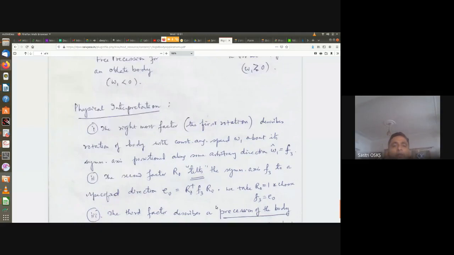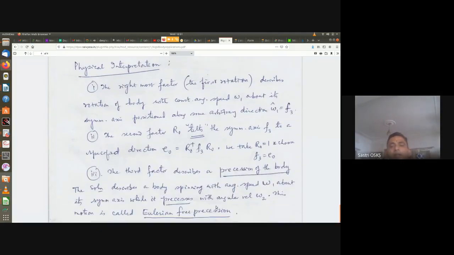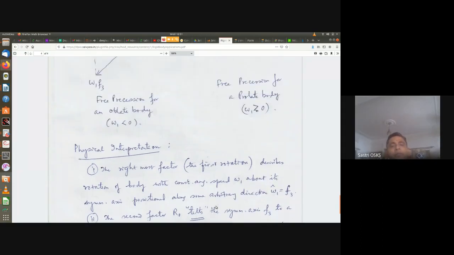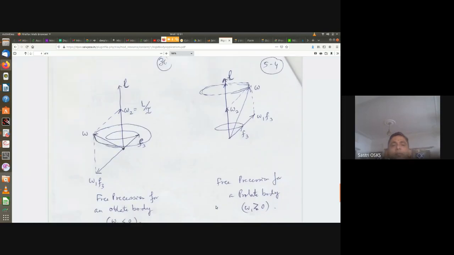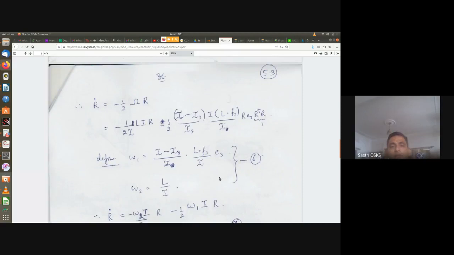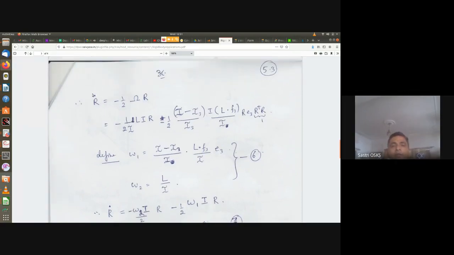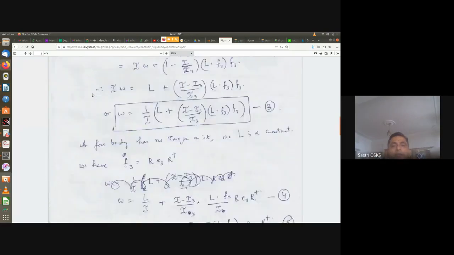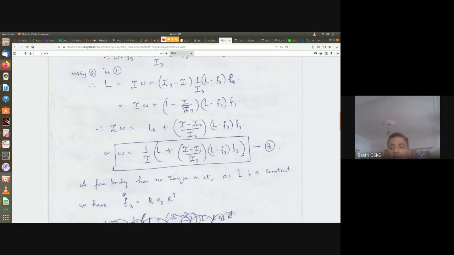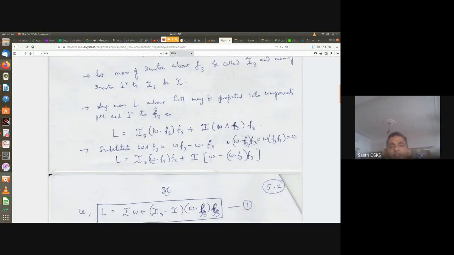What you would have noticed is this same problem you would have solved using the regular technique of Euler angles, but that is pretty complicated as compared to this. So this is the beauty of this: you see here, it's so easily we got the entire motion into the rotor. What we did was two steps. First step, we obtained omega in terms of the angular momentum and the moment of inertias.